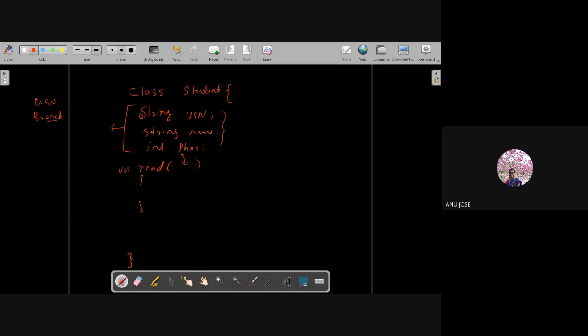Okay. So as of now I just wrote void read. That means I am trying to read the details from the user and attaching them to these variables for the corresponding object.